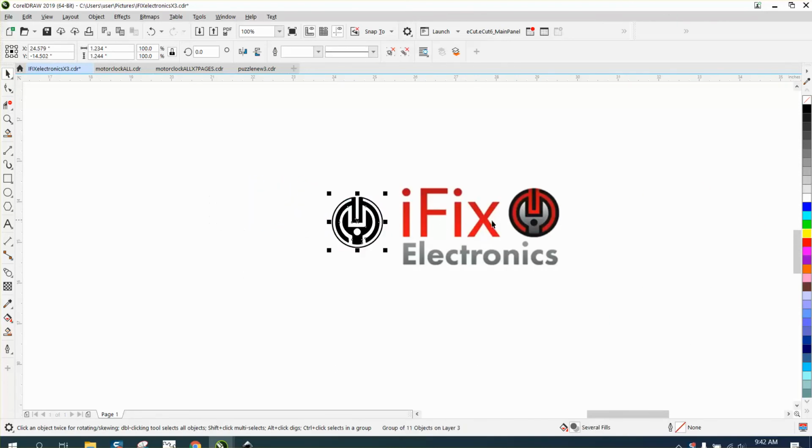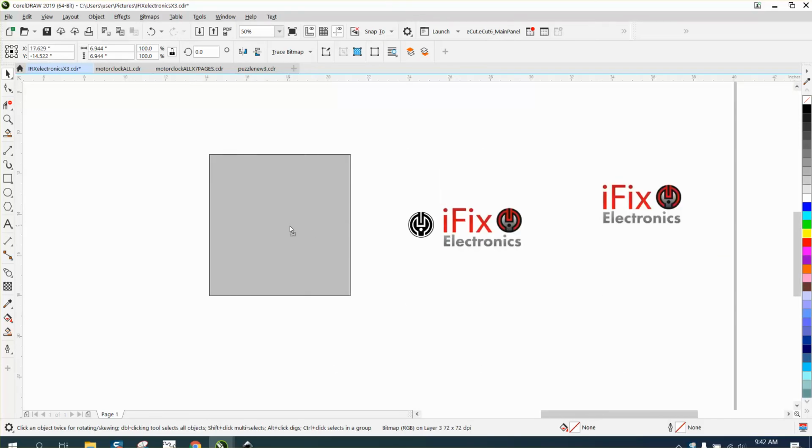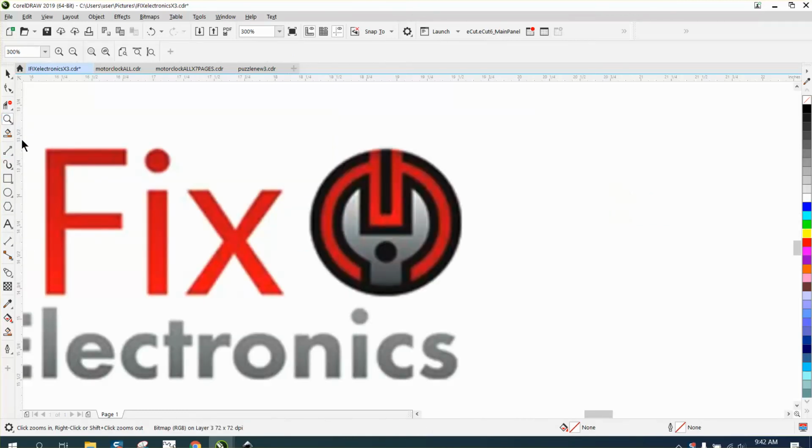My suggestion is take your logo, press Control D, and move the copy out of the way so you won't mess it up. Now, I only want this logo, and you can see how much the bounding box is. There's a bunch of white behind there. I'm going to zoom in because I just want this part of the logo. So with it selected, and that's a big deal, make sure it's selected